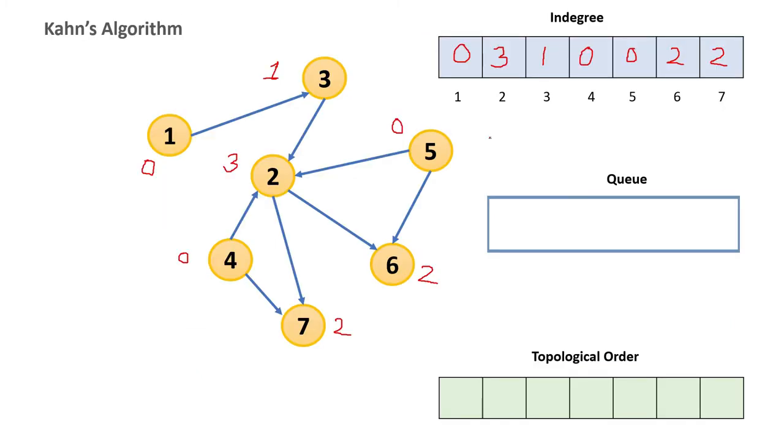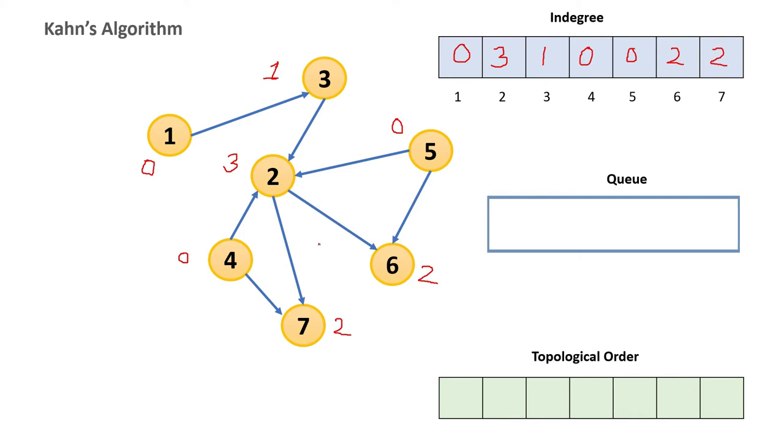Now we will talk about Kahn's algorithm implementation to determine the topological sorting of a graph. So here I have taken one graph. This is a directed graph and an acyclic graph also. Whether it is an acyclic graph or a cyclic graph is not a problem, because if it's a cyclic graph, our algorithm will handle that and it will not produce a result.